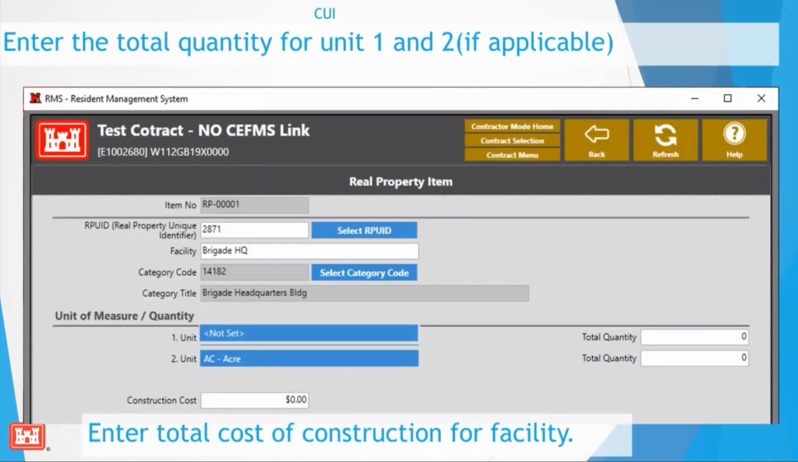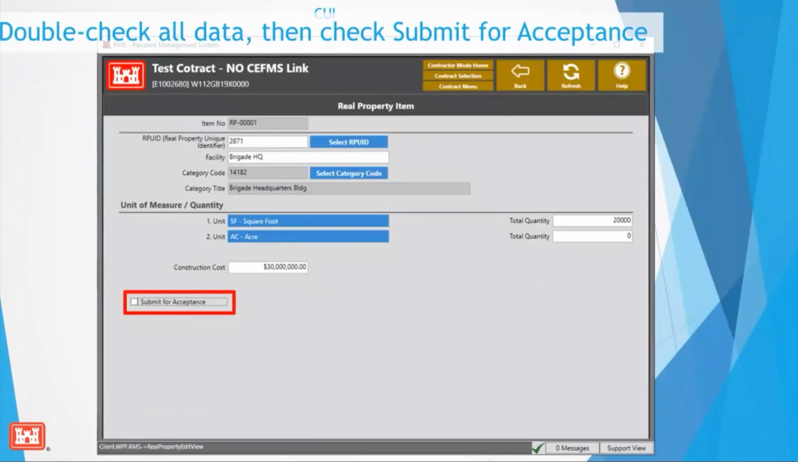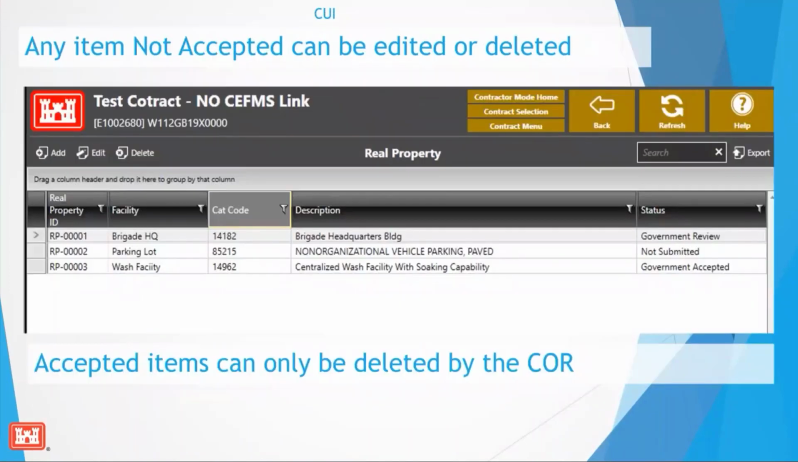Once the contractor has entered in the category code, they can then go in and enter in the quantities for Unit 1 or Unit 2 if applicable. Once that has been entered, then they can enter in the total cost of construction for that facility. All of that is just the same as if a government user was putting in the real property. The big difference now is that once a contractor has completed, they must submit for acceptance. So they click a little checkbox that they're going to submit it,